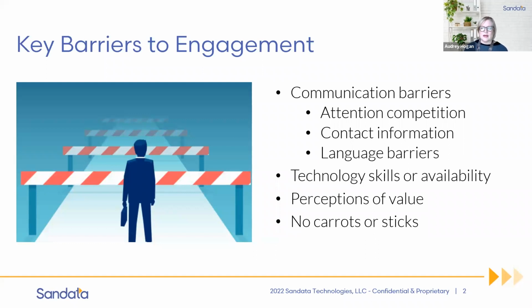Perceptions of value. When we look at perceptions of value, what I'm talking about is, how is this program or this application going to be of value to the customer? And when we look at the top of the food chain, we have the person who has purchased our program. That may be a state payer or an MCO. And when we look at that and say what's valuable to them, number one is having this information. So we have government compliance with the CARES Act.